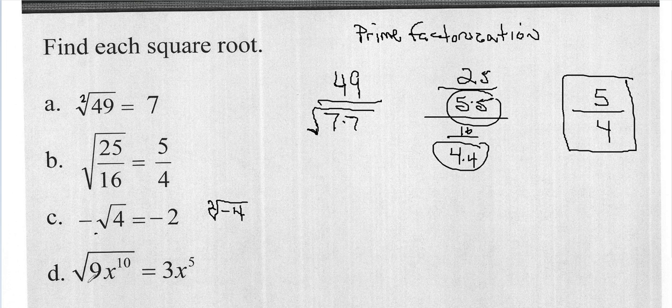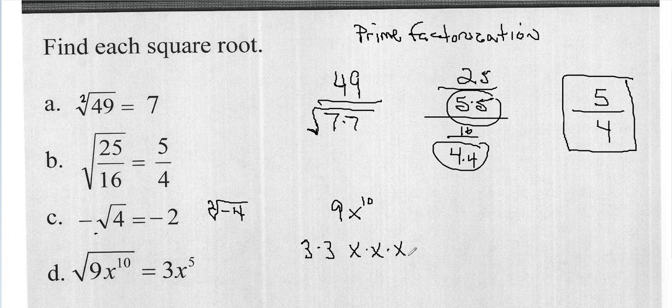How about D? I have something a little bit larger. The square root of 9x to the 10th is 3x to the 5th. If I was figuring that out, I would do the prime factorization for 9x to the 10. So if I did that, it would be 3 times 3. And then the factors of x to the 10 are